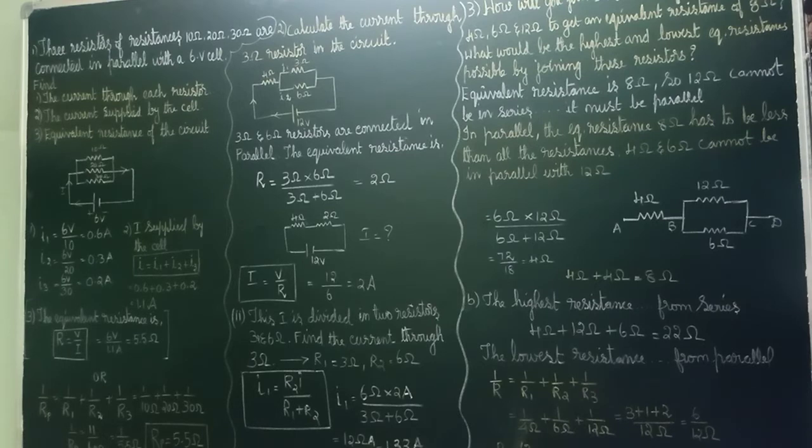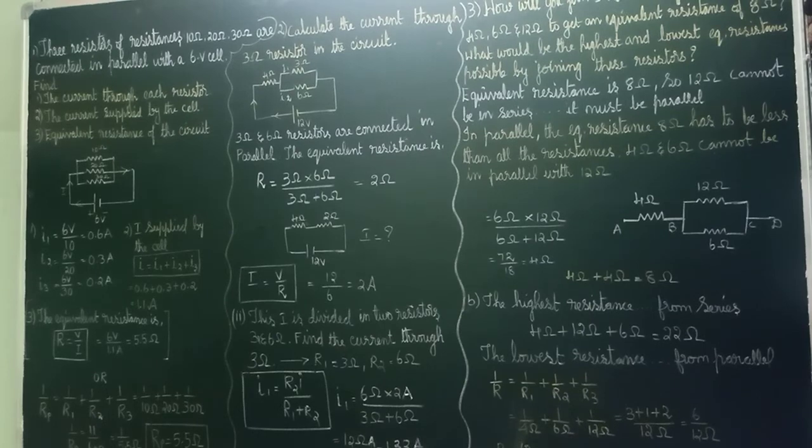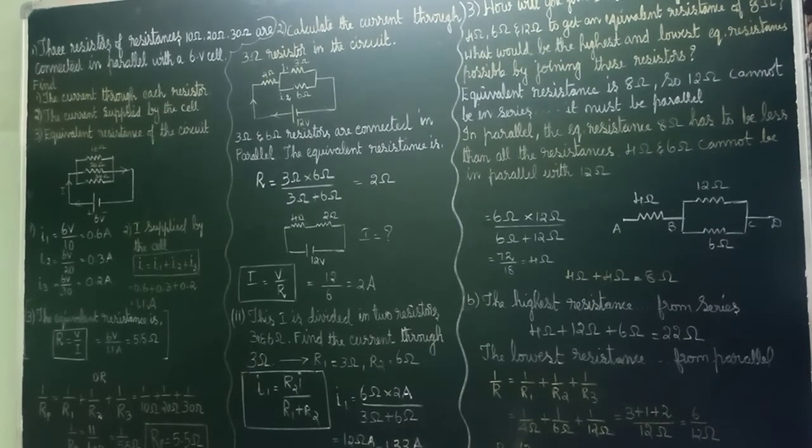No, we are asked to find the current for 3 ohms. But we want to find the total current first, and then we will find it out. If you take the 4 ohms and the equivalent resistance, which is 2, then I is equal to V by R. What is V here? V is equal to 12. R is equal to 4 plus 2, which is 6. So the total current which is flowing is 2 amps. Okay, got it? 2 amps.